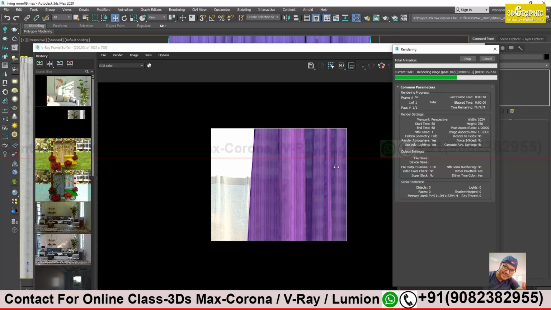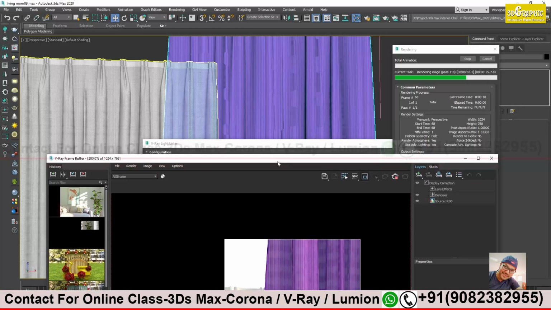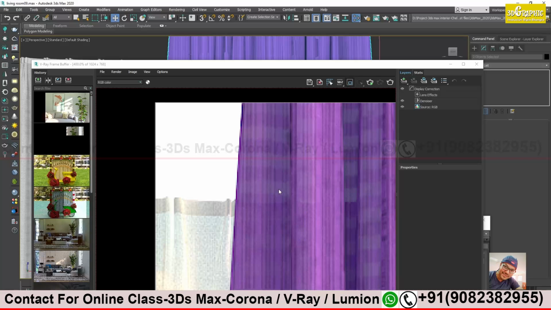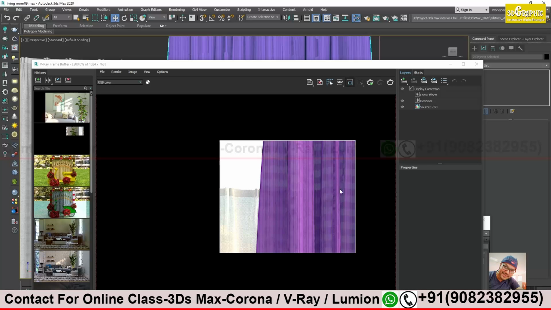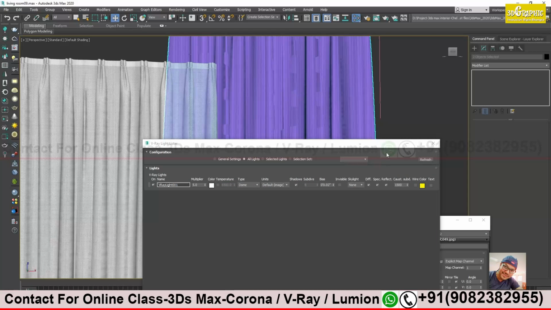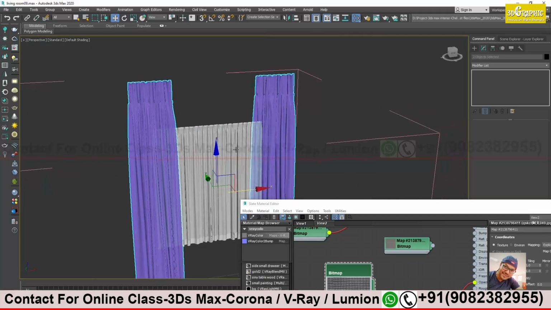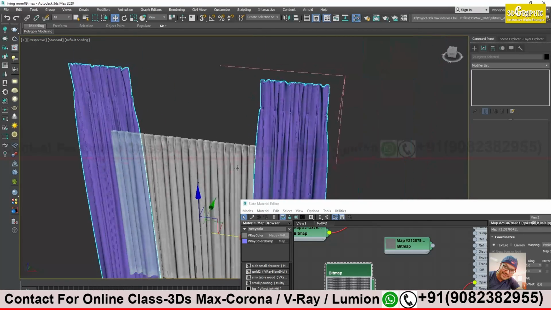Actually, I have to do something with the UVW also. You see this pattern, dark and light, it is coming, but I have to do something with the UVW. What I was expecting, I am getting that. This one is lighter, this one is darker. So we have to match the UVW. UVW is only remaining, it's almost done. UVW is simple, you just have to arrange it a bit and you will get the idea.